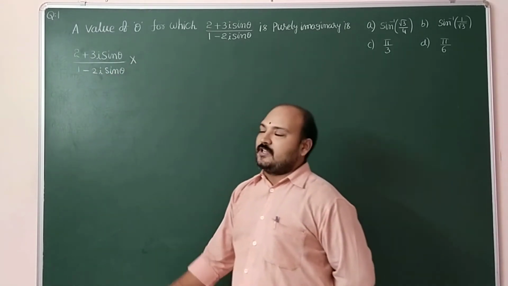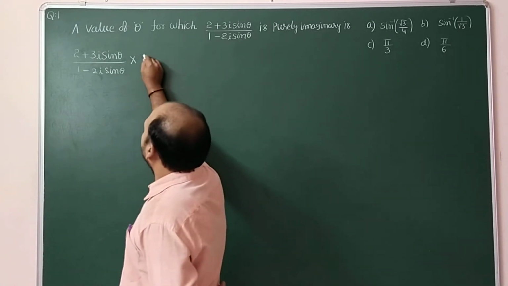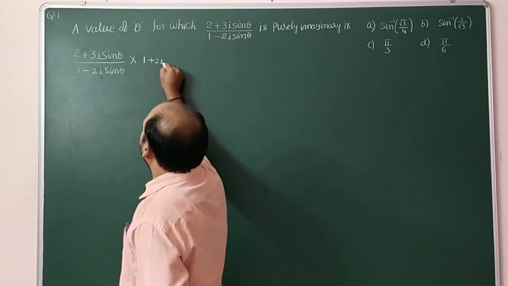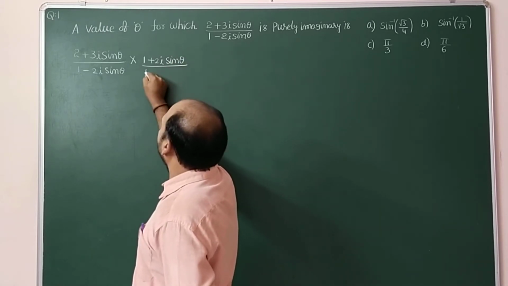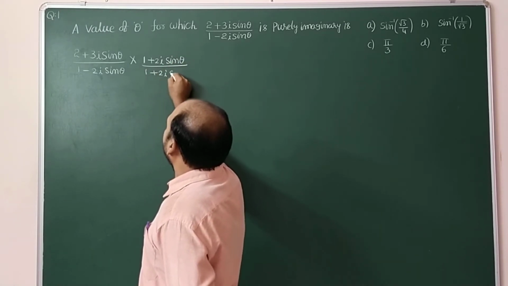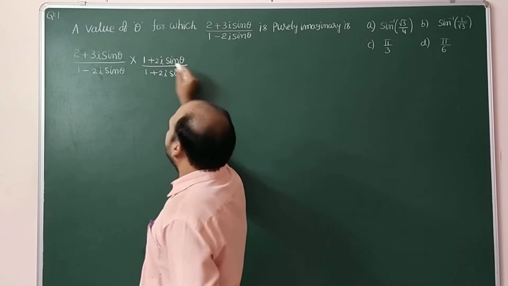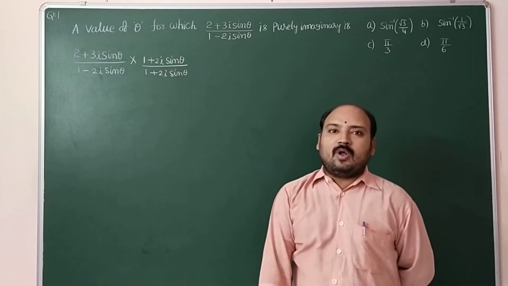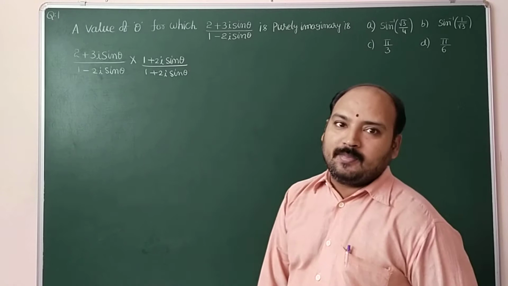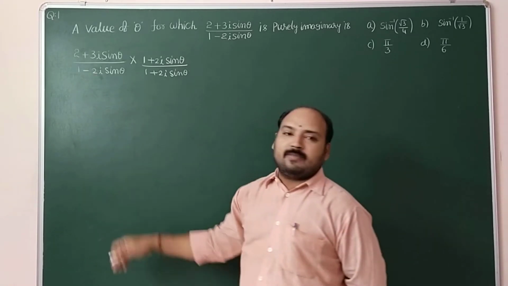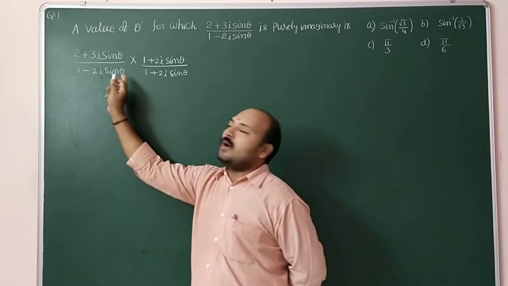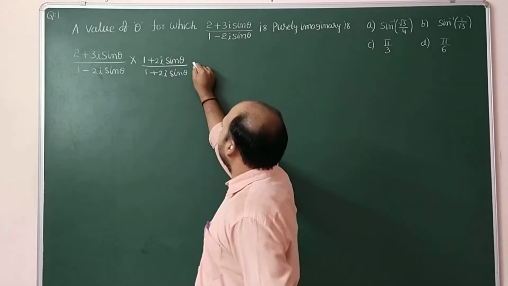So rationalizing with respect to the denominator, multiplying and dividing by 1 plus 2i sin theta. Why are we doing this? The rationalizing factor of 1 minus 2i sin theta is 1 plus 2i sin theta. That means the complex conjugate. For this complex number, the conjugate is 1 plus 2i sin theta. So it will become